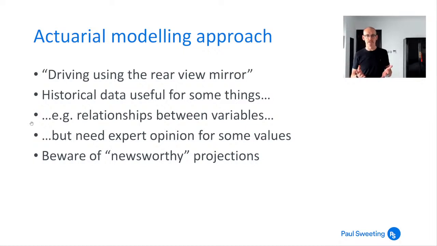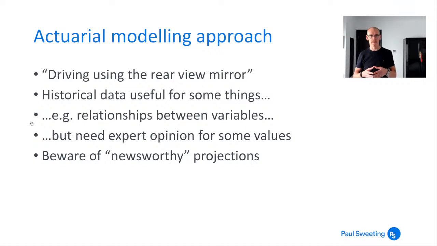What you need is some sort of expert opinion on some of these values. And for this, it is quite useful looking at what the IPCC has done, because it's used a lot of academic rigour. What is important to try to avoid is projections which are newsworthy. Things are newsworthy usually because they're extreme rather than because they're balanced. So things which predict the extinction of the human race in the next 50 years due to climate change, or others which predict that climate change is going to create a new nirvana and vineyards in Scotland. These types of things are not particularly helpful from a modelling point of view.